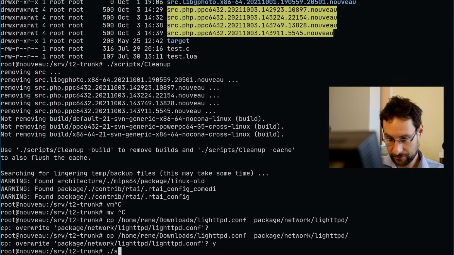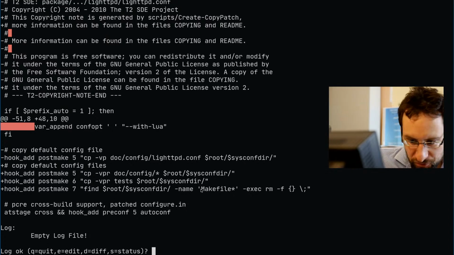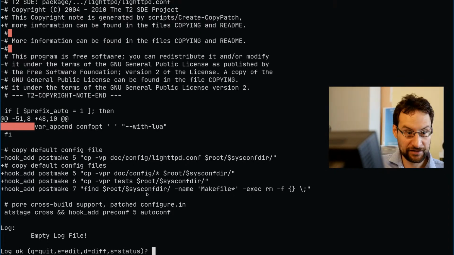Oops, I think I didn't press Y enough. So what did they add there? I already see whitespace damage, but that was already there. Copy default config file, so that is just... this is not how you're doing that. Because with that you could theoretically delete... I mean, there shouldn't be makefiles, but you do not copy stuff and then find-delete that. That is not good style.